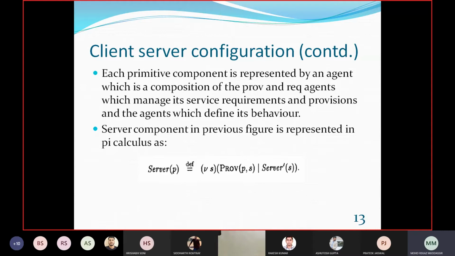It represents the user-implemented behavior of the server component which realizes the service S. Whichever component of the server has the service S, it tells about that.